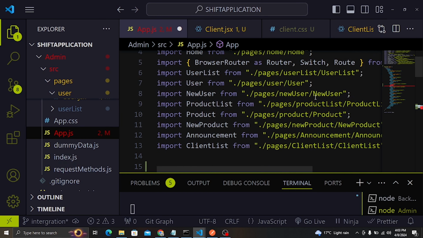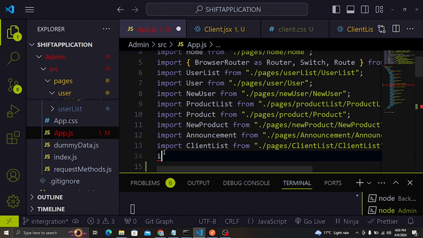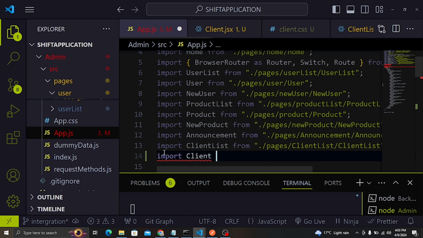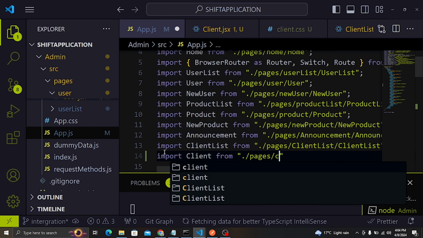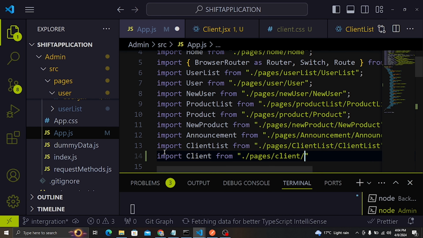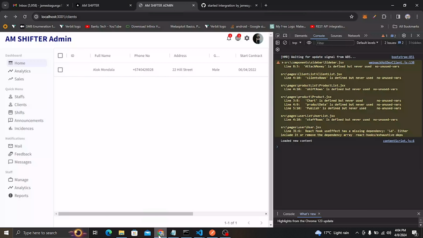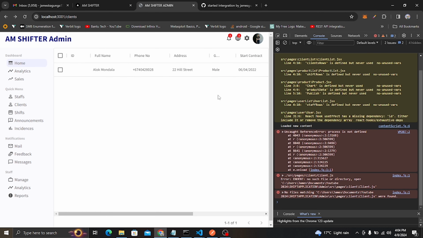So let me import here. I'm going to import client page from the pages. So from the pages here, and also from the client, and then I'm going to import from this here, like that. So if we reload again and then let it compile, let me see here,